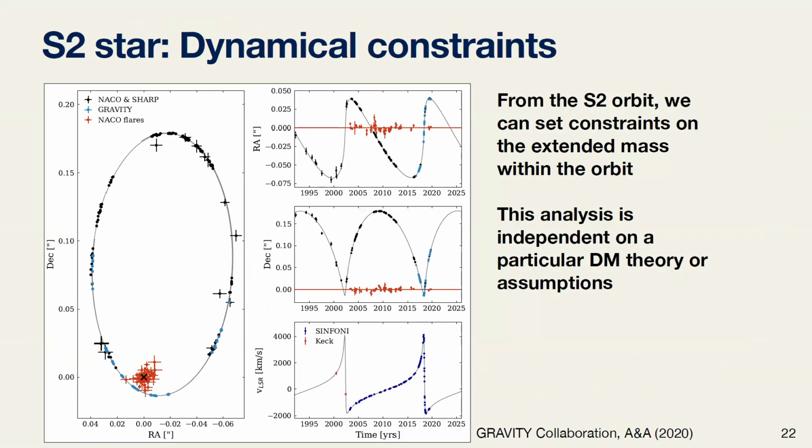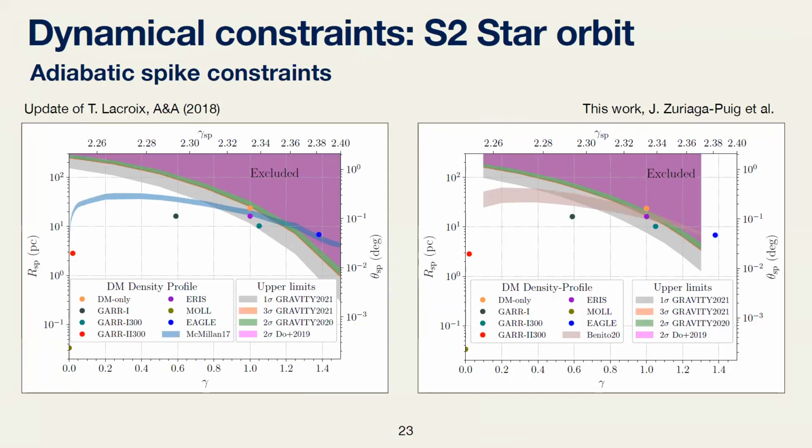We can do the same idea, but using the S2 star. These are dynamical constraints coming from the orbit of the S2 star, and this is independent of any particular dark matter theory. So we do not need to assume WIMPs annihilating into gamma rays or anything like that. In our case, we can constrain more or less the enclosed mass within the S2 star. Following these papers by GRAVITY and Doe et al., I'm showing here the radius of the spike